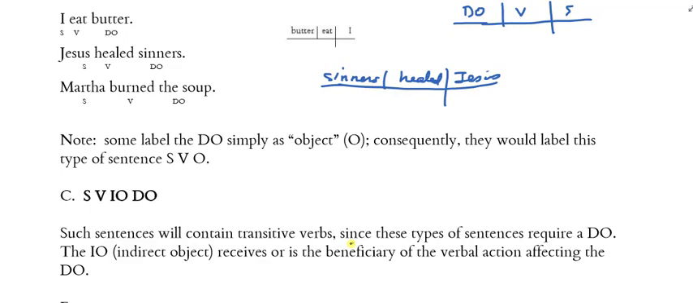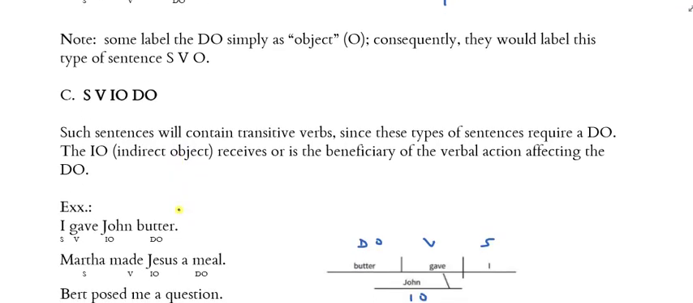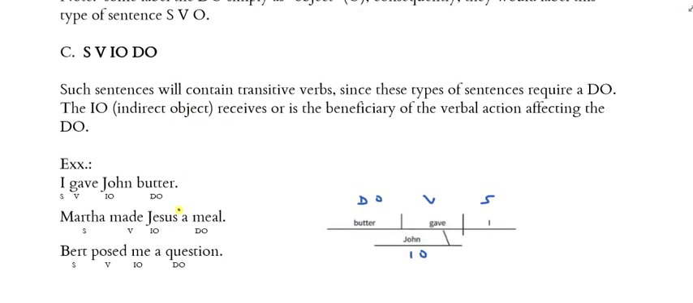Now, just a note here, some labeled the direct object as simply O for object. And consequently, they would call this sentence type just SVO instead of SVDO. I'm using DO here for direct object just to make it a bit more explicit. All right? Let's look at C here. The third type of sentence that we're looking at is an